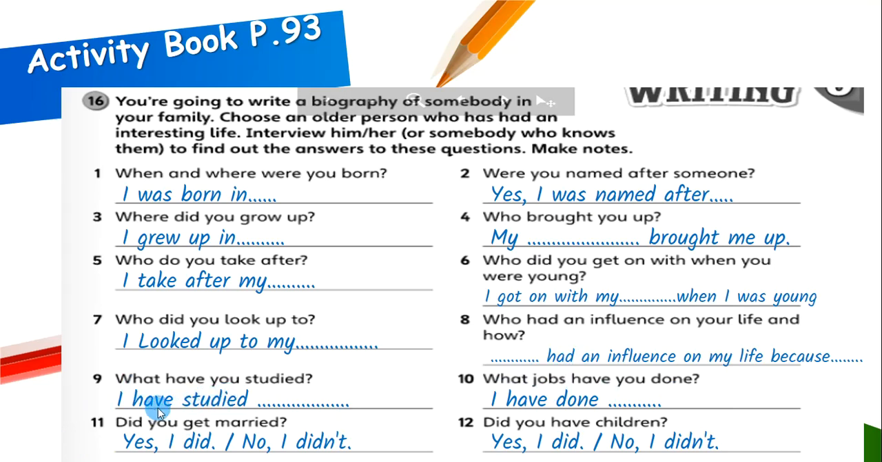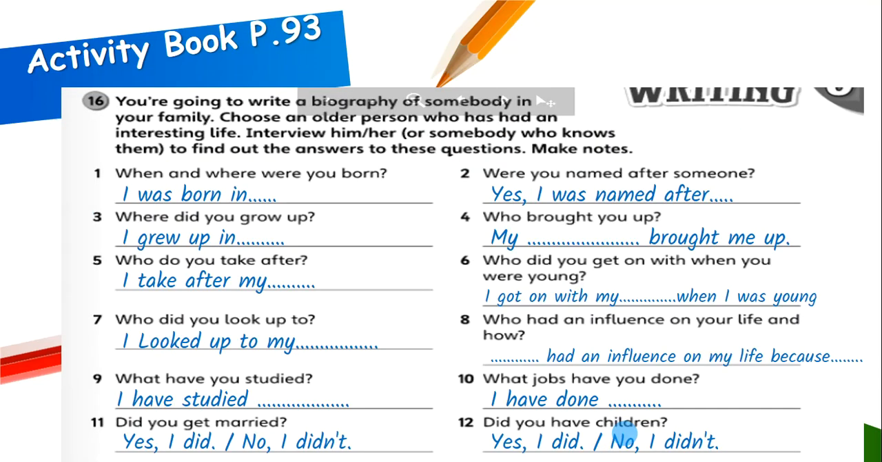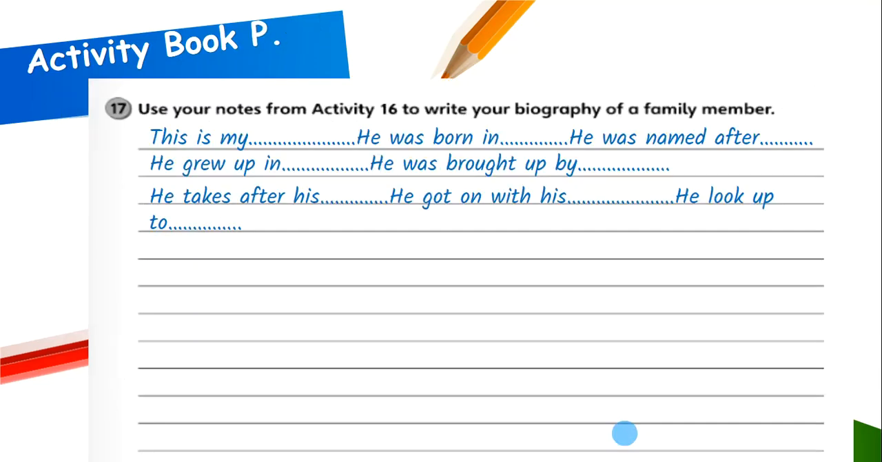What have you studied? What was his education? I have studied what? Elementary school, bachelor degree. Did he study in the university? What jobs have you done? I have done. What were the jobs that this person did? Did you get married? Yes, I did. Or no, I didn't. Did you have children? Again, yes, I did. Or no, I didn't. So after you finish writing the answers of your questions here, you're going to start writing